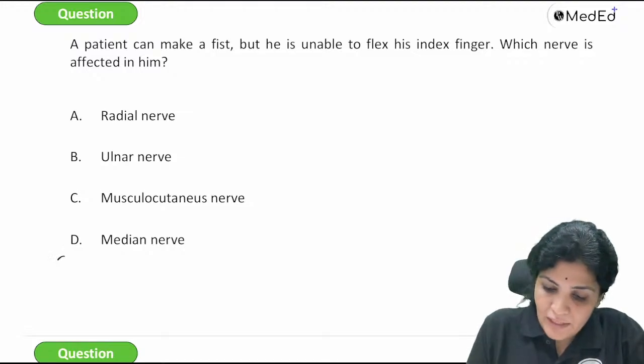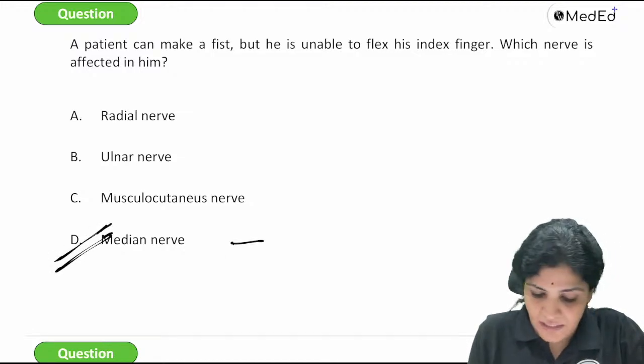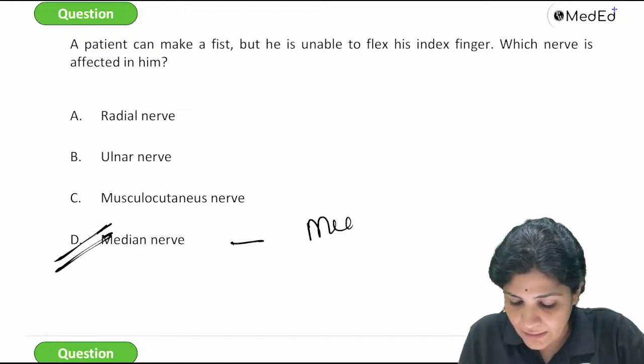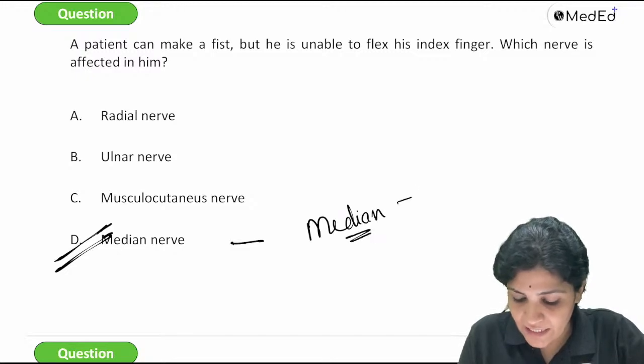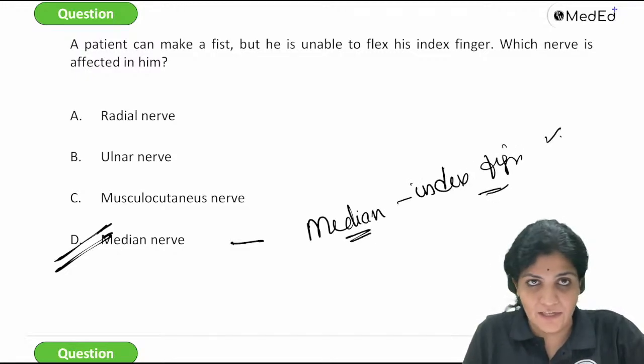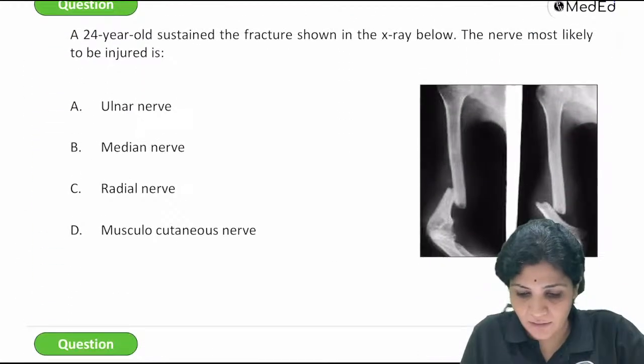Yes, he's unable to flex his index finger, that is the median nerve. Very good. So median nerve is mainly for the index finger. Yesterday we have discussed this. So this is nothing but your pointing index. So the answer is median nerve. This one,